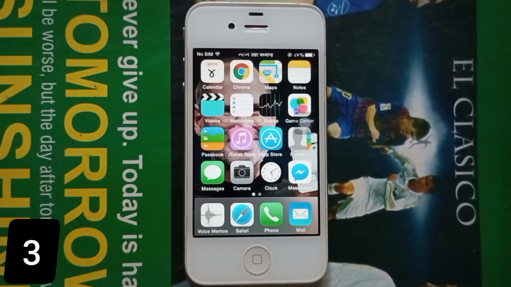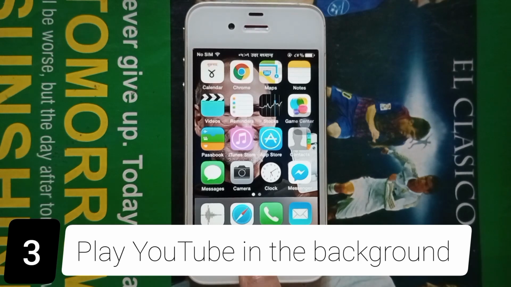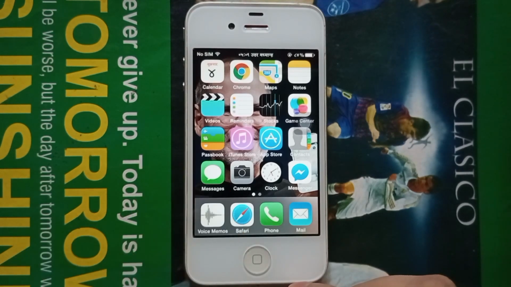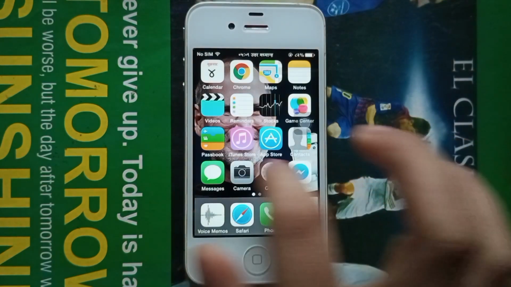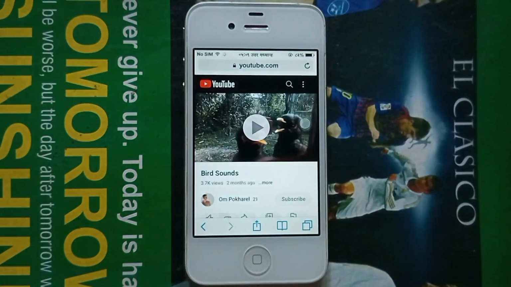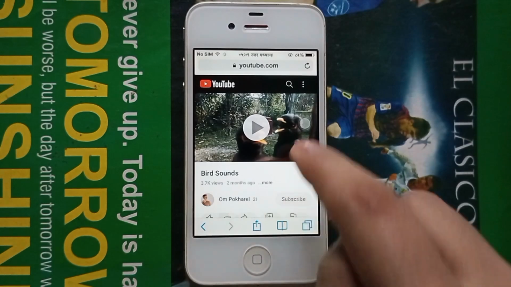Feature number 3, play YouTube in the background. If you are tired of pausing your favorite YouTube videos just to switch to another app, then with this iPhone 4S you can play YouTube videos in the background while using other apps simultaneously. For this, since you can't use the YouTube app here, you have to go to Safari and then open youtube.com, and for example I am going to play this video,